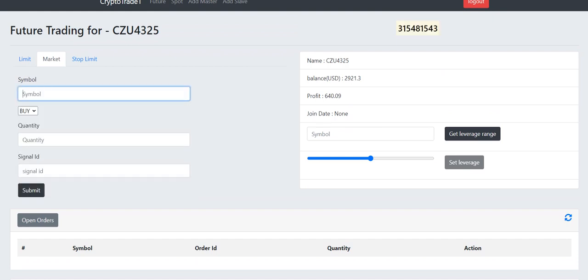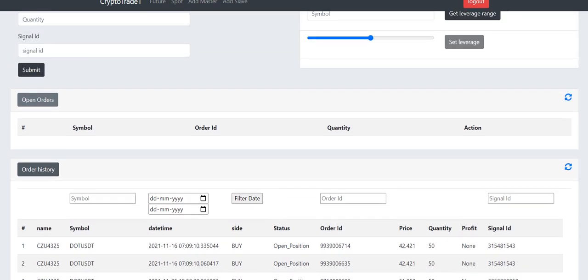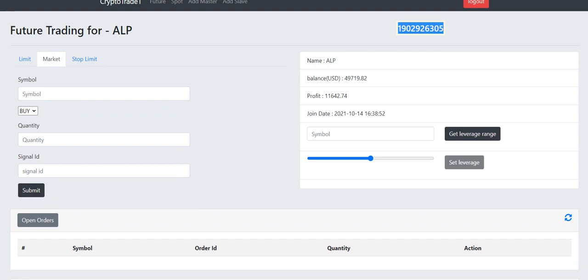Now we are checking a different account, where one by one we are going to show you the trades, where the balance is about 2931. Based on that we have taken another position of about 50 quantities into the client's ID, and once we click on the submit button, the trade has been taken into the client's account. You can also check this with this particular account. Here is the buy position, and each and every detail you can cross verify. Previously all the trades we had closed, and only the .USDT position is open for the clients based on their capital. So you can verify the price and each and every detail with this trade.